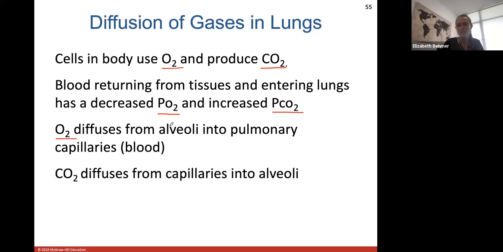Oxygen will always diffuse from the air in the alveoli into your capillaries, into your blood, and carbon dioxide always diffuses out of the blood